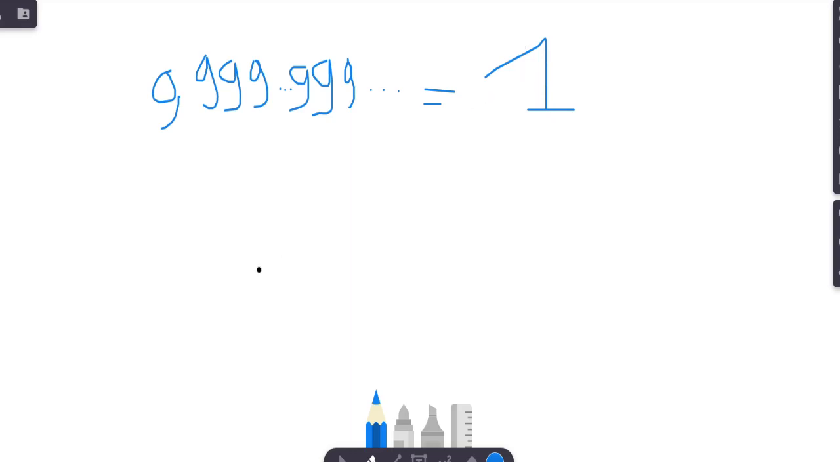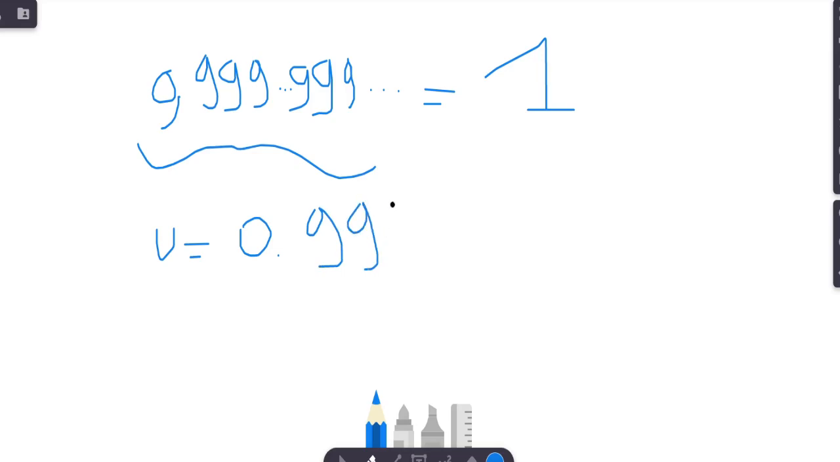So let's get started. First, let's rewrite this number u. So u equals 0.999, etc., with an infinite number of 9. Now let's multiply u by 10. So we have 10u